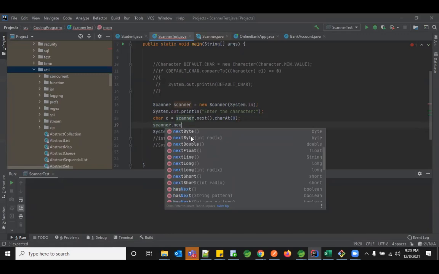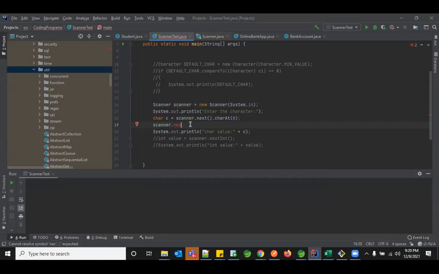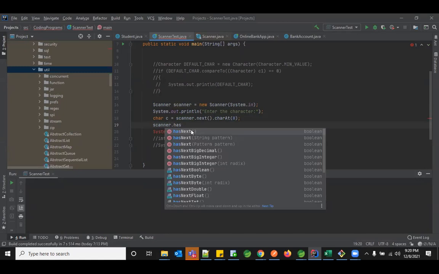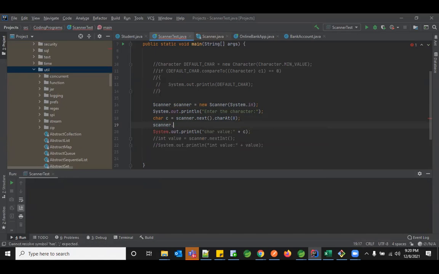And if you're getting multiple data from the user, like every time the user is giving input or not, only if he has given me input, I need to progress. If not, I don't want to progress. In that case, we can use something called hasNext. It's basically like, yes, the user has given me the input, true or false. Based on that, I might proceed. For that purpose, we have this method called hasNext. So right now, let's go with this piece of code.